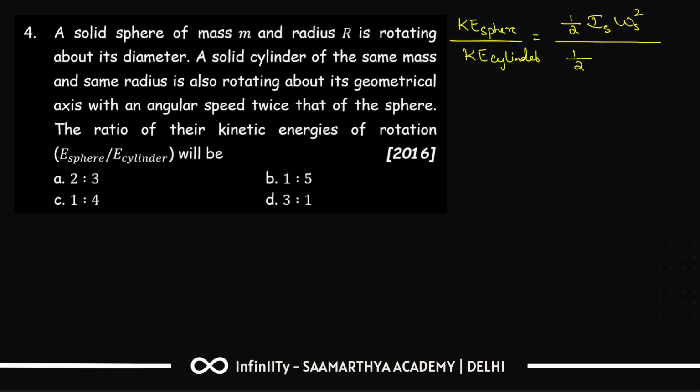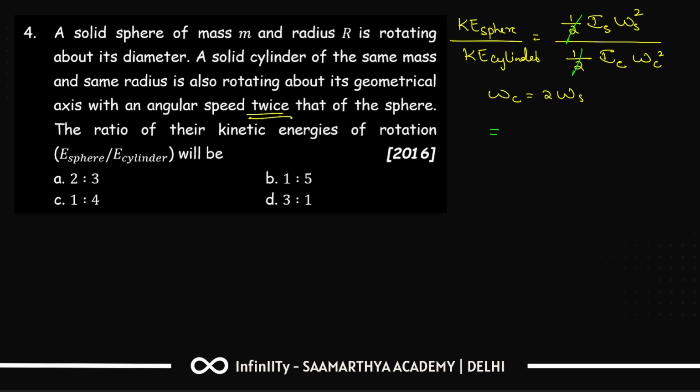Then half, m की जगह पे आएगा moment of inertia of cylinder, angular velocity of cylinder का square. But what they have mentioned is angular velocity of cylinder is twice that of the sphere. Now substitute all the values. एक चीज तो सिंप्लीफाई कर सकते हैं, half gets cancelled but none of the remaining values will get